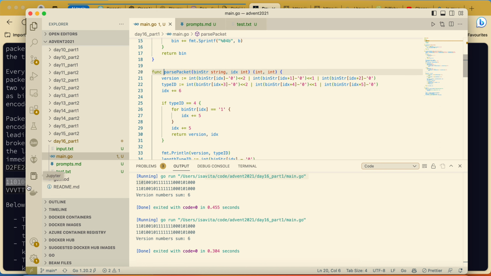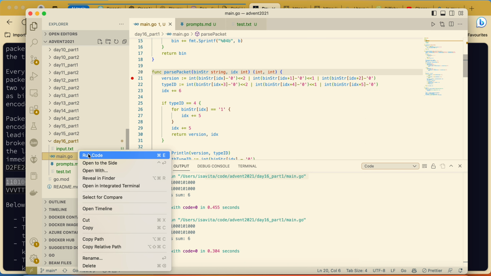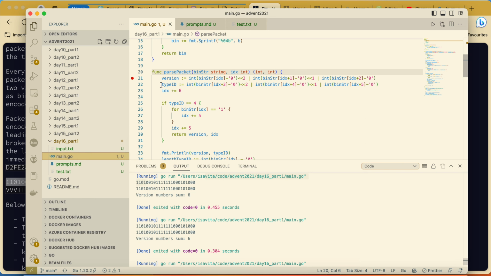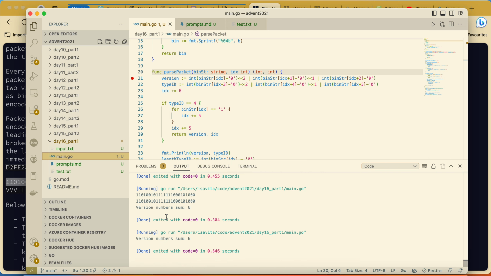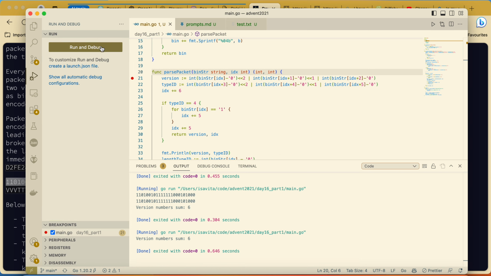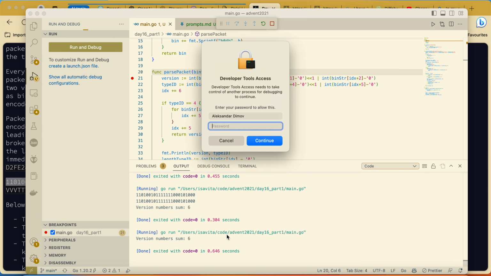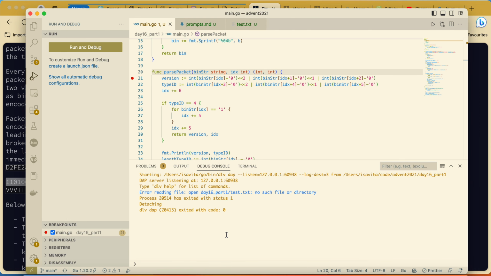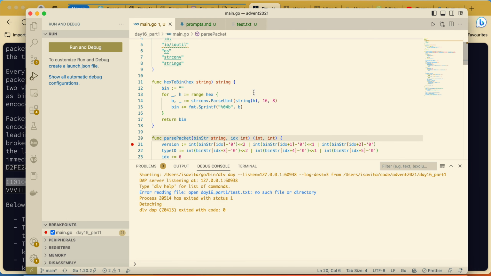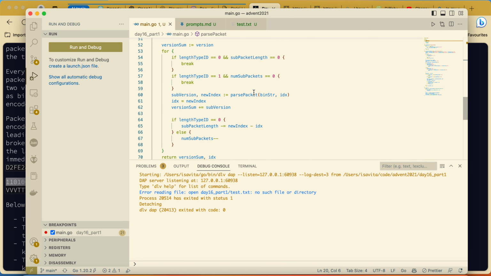Let's go step by step. We have it here, and we run the code, or actually if we try to debug it, run debug, it will probably crash because of the file. Yeah, I cannot find this file.